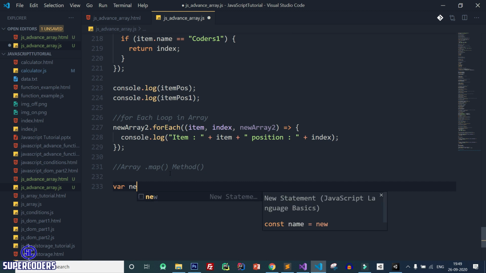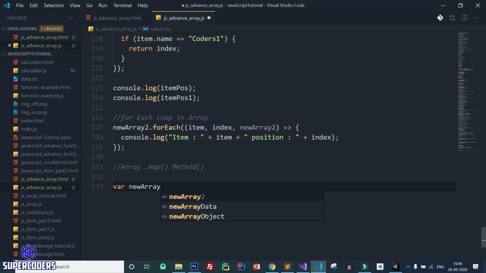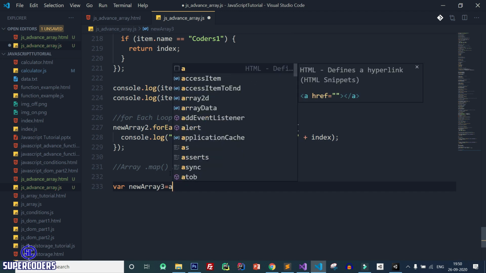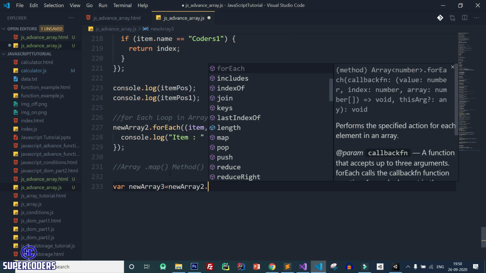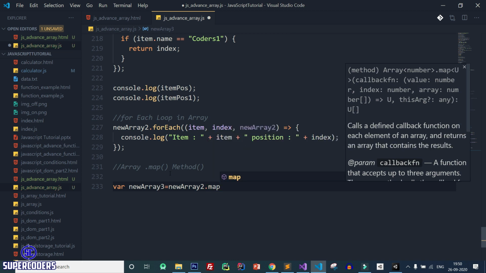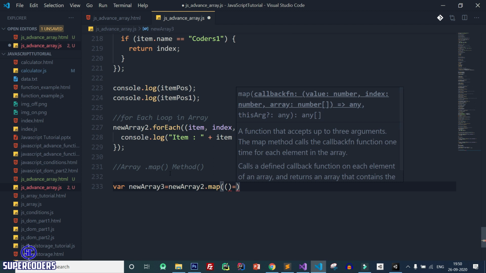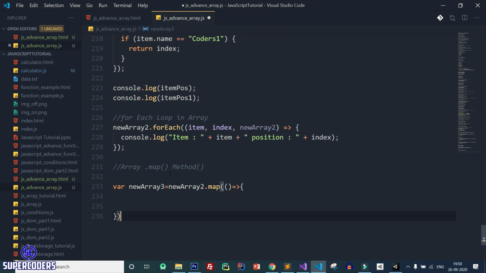So again, we have new array 3, which is creating a new array from new array 2 dot map method, and again same way, arrow function, body.